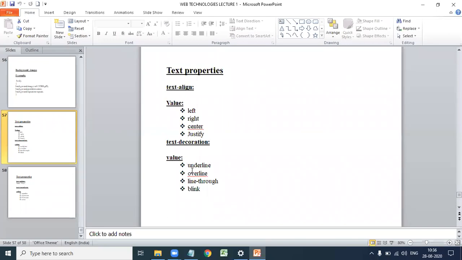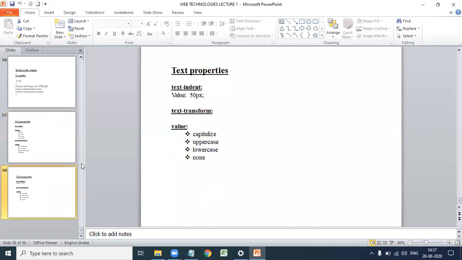If you want to add a line on top of text, we use the overline value, text-decoration: overline. If you want to add a line through the middle of text, text-decoration: line-through. If you want to cause the text to blink, text-decoration: blink.